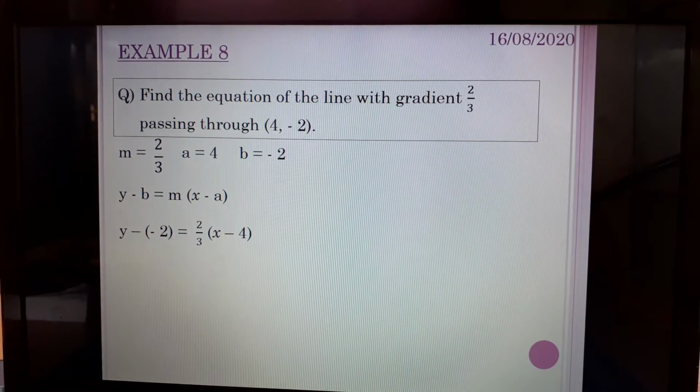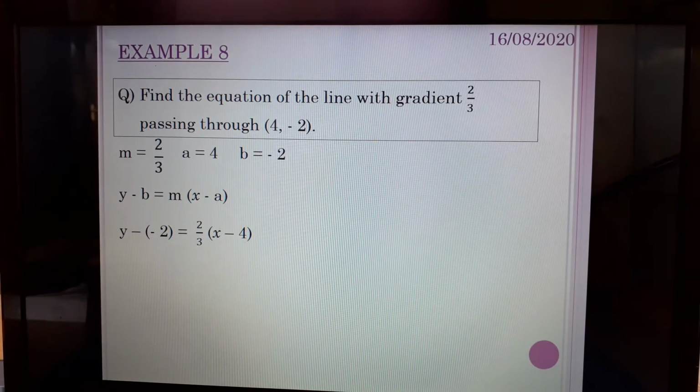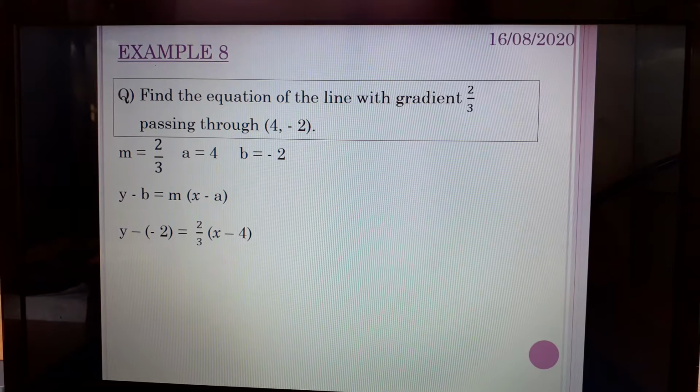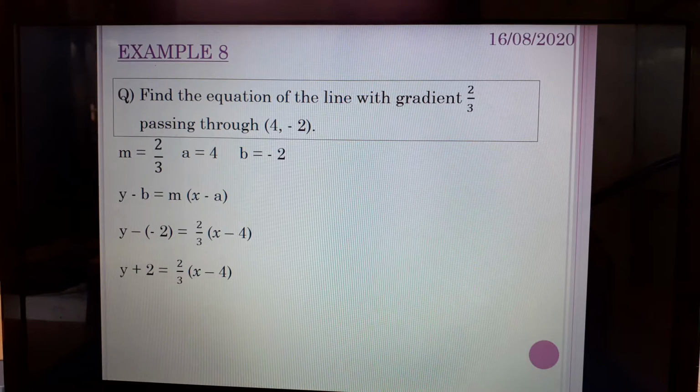Now you will have seen a little bit of this on the National 5 course where the gradient is a fraction, but you will see it more often now in the Higher course. There is a very specific way that you deal with the fraction that's the gradient. And what you do not do is multiply the bracket by that fraction. The first thing you do is get rid of the fraction by taking the denominator over to the left-hand side. Okay, so we'll tidy up our double negative on the left-hand side as well. And then the next step will be to get rid of the fraction. So